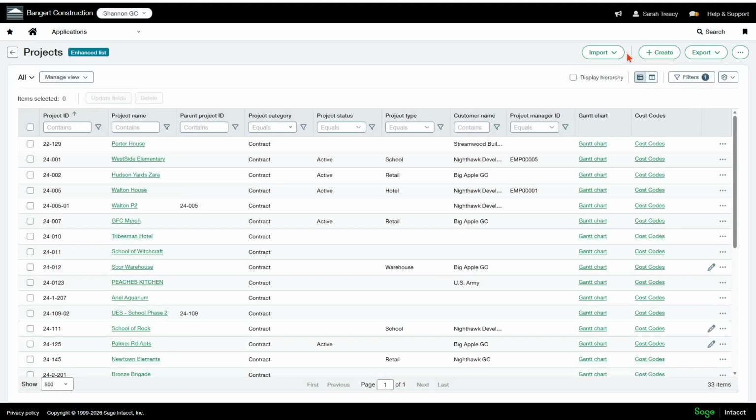And like I said, you can go to company, set up, import data to download the template for that. And I believe that they have an example on that template as well to show you what you need to fill in order to get those projects in. And then when you do get to the point where you have all the project information on your template and you want to import it, make sure you're at the right level when you're doing that import. So are you going to do it from top level, or are you going to come down to your entity and do the import from there?